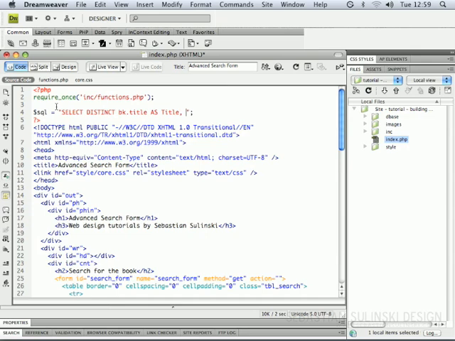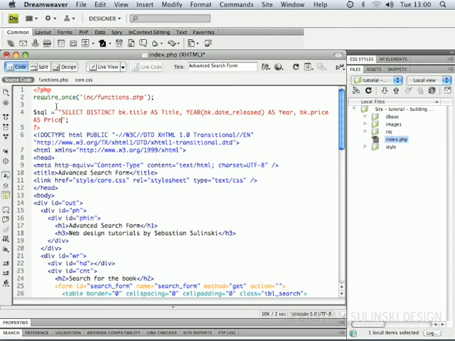Then we want to display date released, which we will only want to display actually the year of that date. So we're going to use again this MySQL function called year, and inside of the parentheses we're going to type bk date released, and we want this to be passed to us as year with a capital Y. Then we've got bk price as price,